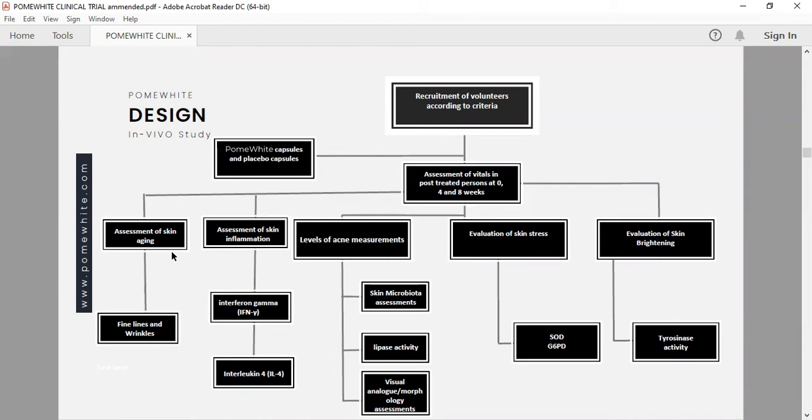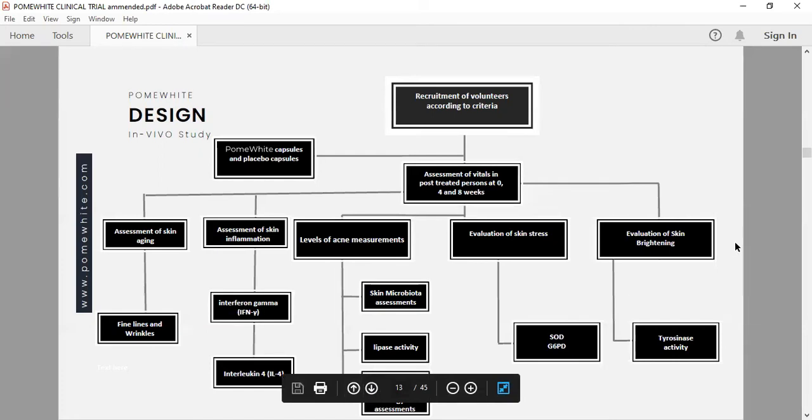Similarly, the evaluation of skin stress was done with the help of two markers, one of which is SOD, which is superoxide dismutase. This is a very important enzyme, basically an antioxidant enzyme. And another very important antioxidant enzyme is glucose 6 phosphate dehydrogenase. This is very important because its substrate is glucose 6 phosphate, and glucose 6 phosphate comes directly from the carbohydrate content. That's why this is measured in many